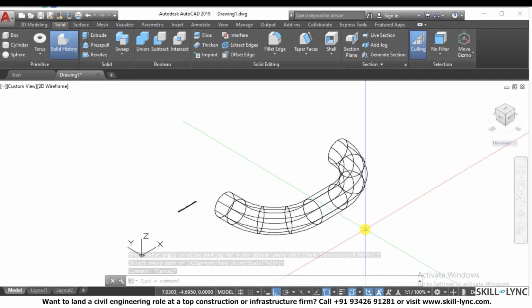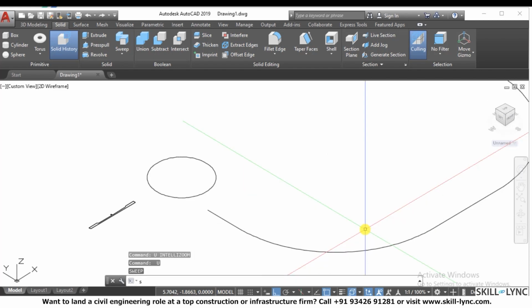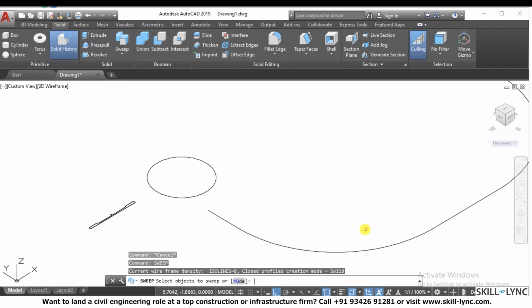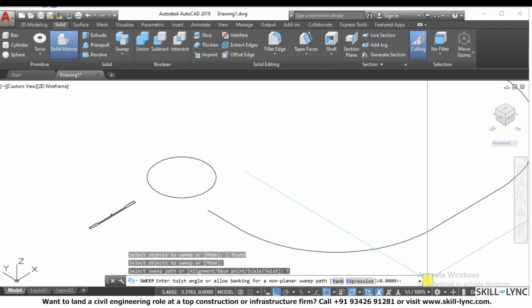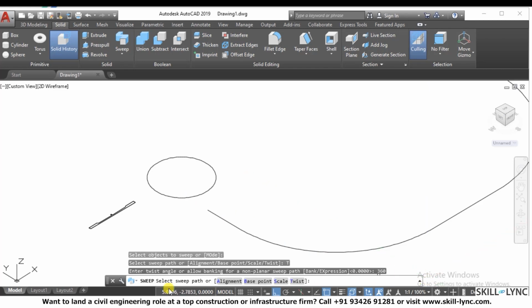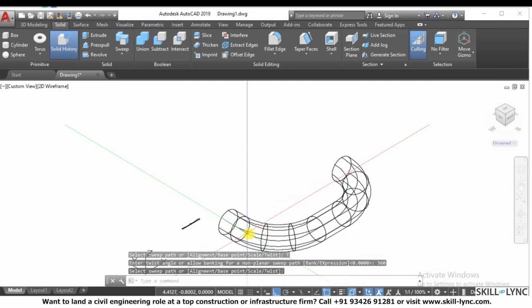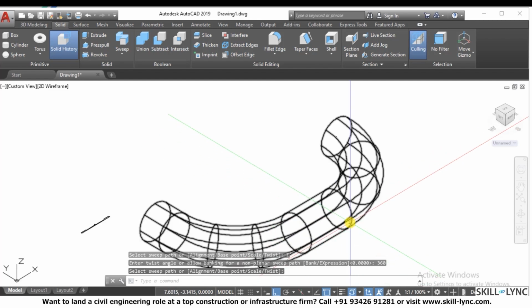Now 5 degree is less, so let's give some twisting angle greater than 360 degree, or if I give 360 degree as an angle, now you see what will happen. So twist angle, let's say if I give 360 degree, the object will twist. So you can see if you shade it,